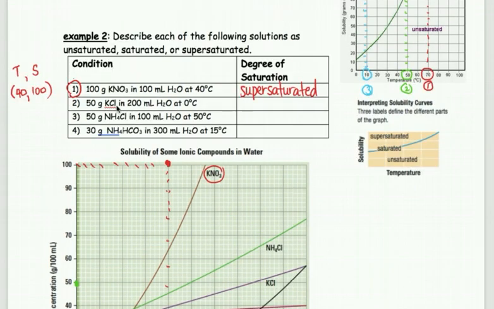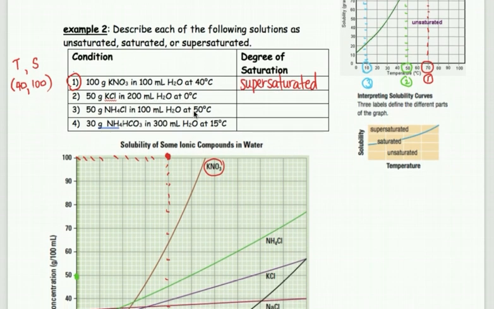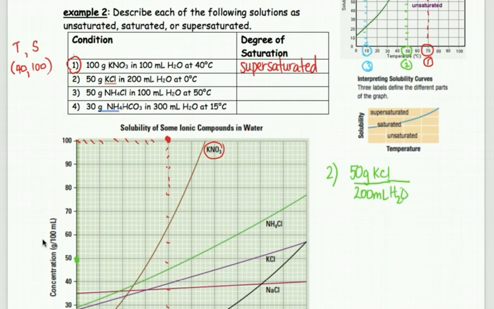Okay, so for the next one here, we have 50 grams of potassium chloride in 200 milliliters of water at 0 degrees Celsius. So this one here we have to be careful with. We're just going to write it over here. So we have question number 2. We have 50 grams of potassium chloride in 200 milliliters of water. So if you look at the graph, all the results are in grams per 100 milliliters of water. So we have 200 here. So we just have to be careful with questions like this and get it converted down to 100 milliliters